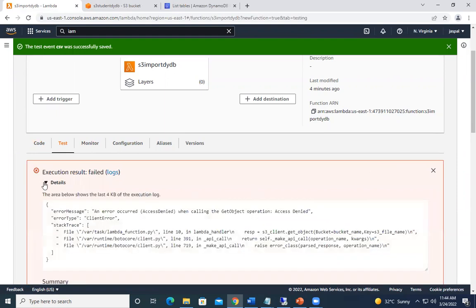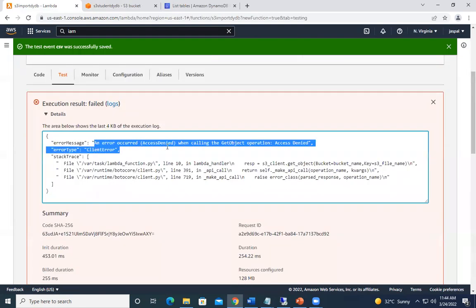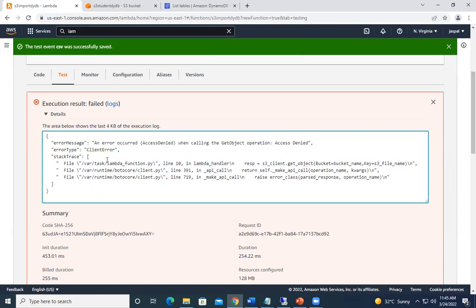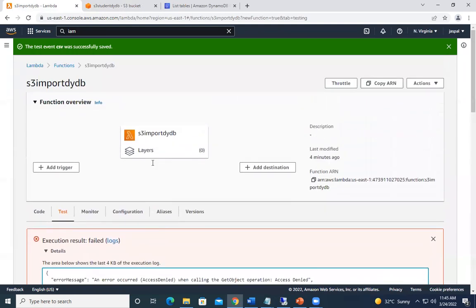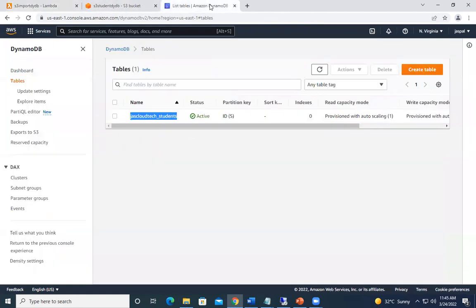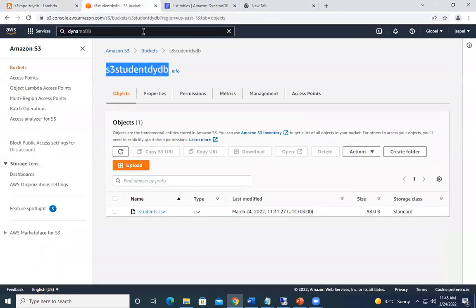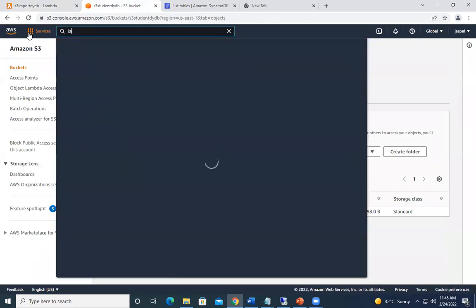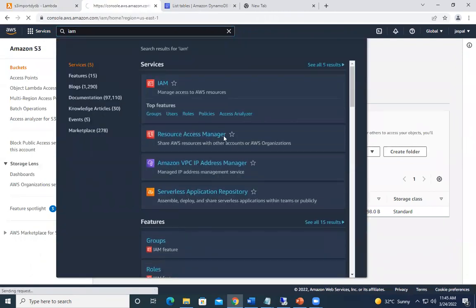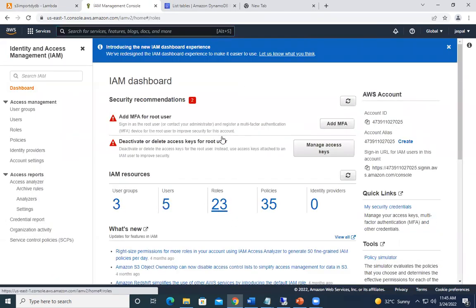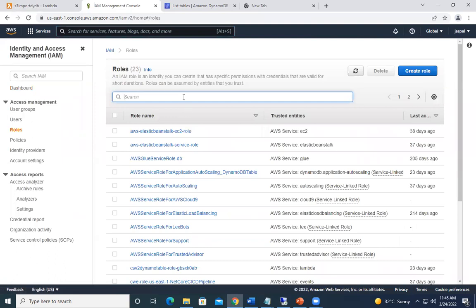So there is some problem over here. So you can see access denied. So as I said to you earlier, we need to go back to our Lambda handler and give the permissions. So we will go to the IAM. And I will go to the roles. So my role name was my